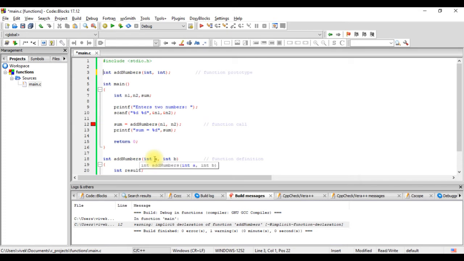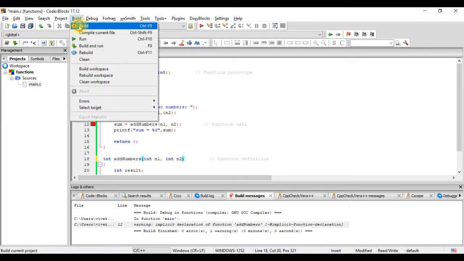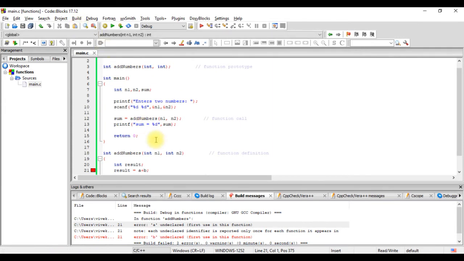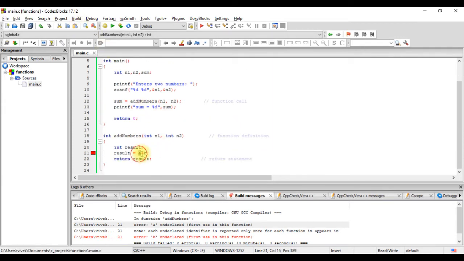Now we have mentioned the variables as a and b. What happens if we mention them as n1 and n2? Let's build it. Sorry, here it says a and b are undeclared, so we'll rename them as n1 plus n2.